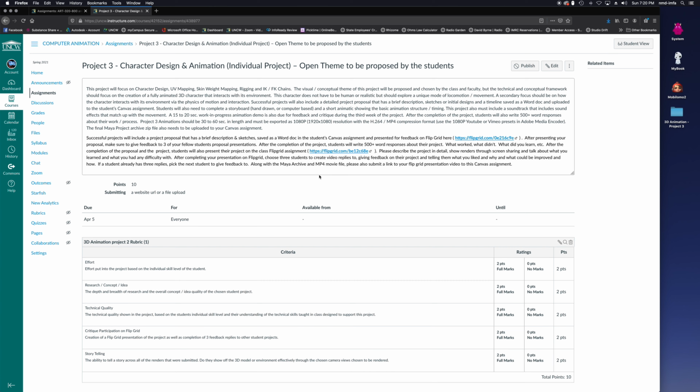Successful projects will also include a detailed project proposal, just as your past ones, with a brief description, sketches or initial designs, and a timeline, saved as a Word doc and uploaded to your Canvas assignment. Students will also need to complete a storyboard, hand-drawn or computer-based, but I do want you using one of the storyboard templates this time, and I want to see multiple frames, probably one for every 2 to 3 to 4 seconds of footage, definitely every time your camera changes, and a short animatic showing the basic animation structure and timing